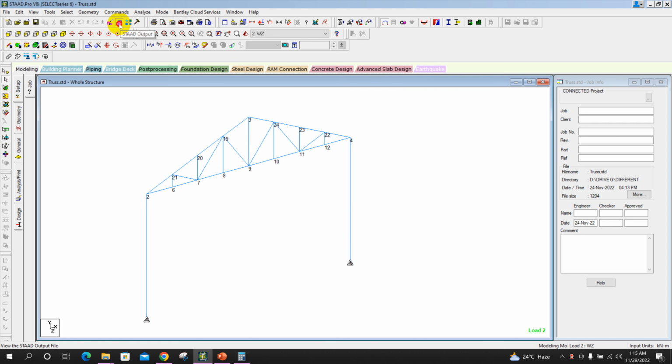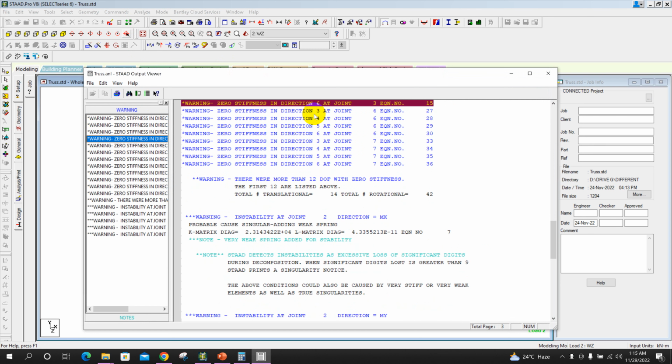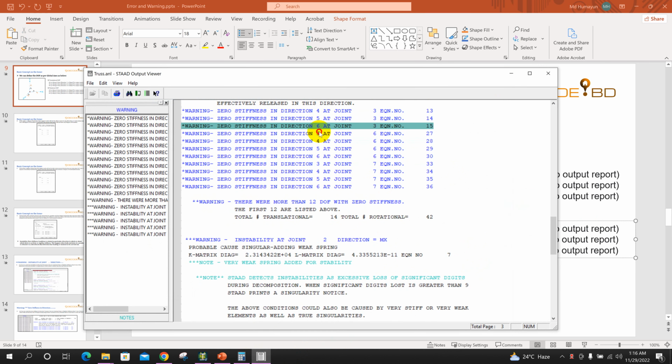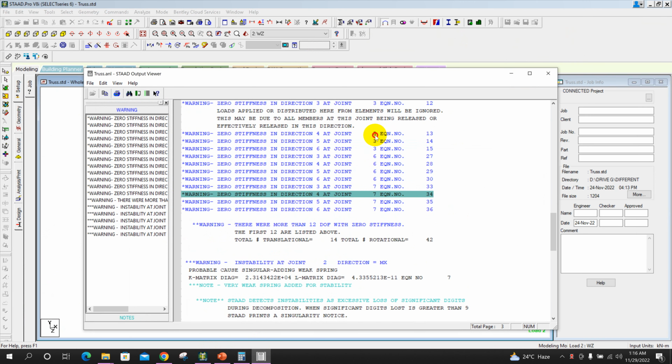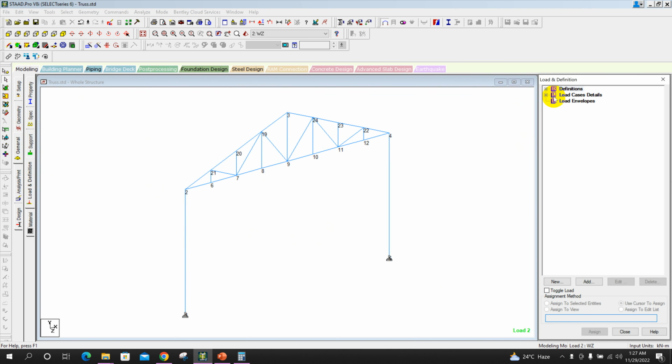Other zero stiffness issues we have also found, in directions 4, 5, 6. It means joints 3, 6, 7 have zero stiffness against rotation about the x-axis, y-axis, and z-axis. That means these joints are having moment releases. So we have to solve this issue. Loading along this direction,